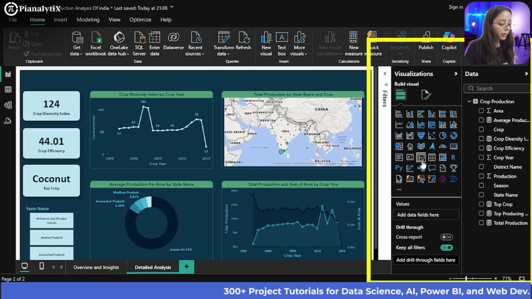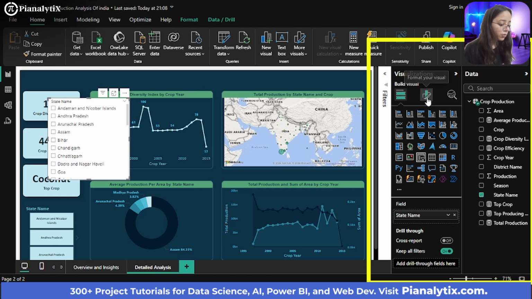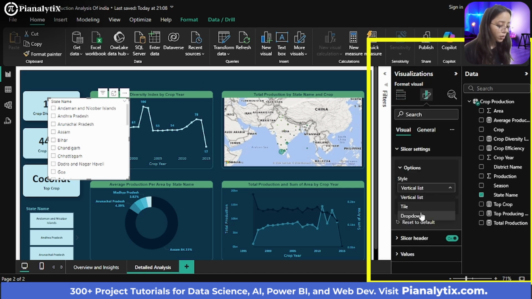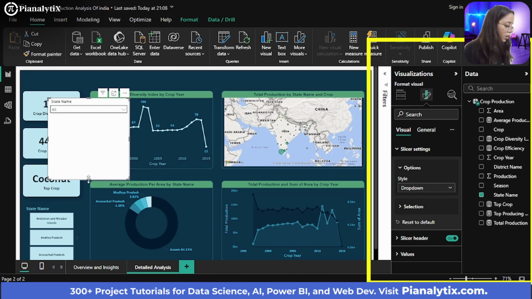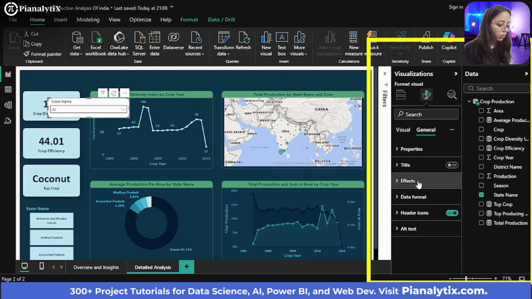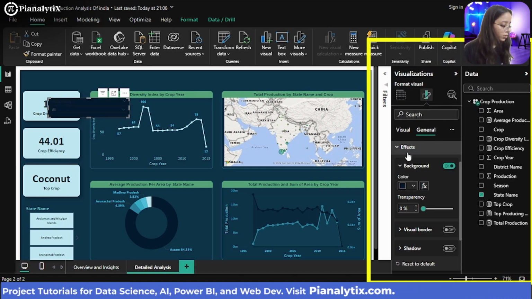And if you want to add another slicer, another slicer can also be added. For example, for state names, you can add a slicer, go to the slicer settings, choose a drop down for this, and resize it. You can go to the general section, go to the effects section, and choose a background color, which is this one.